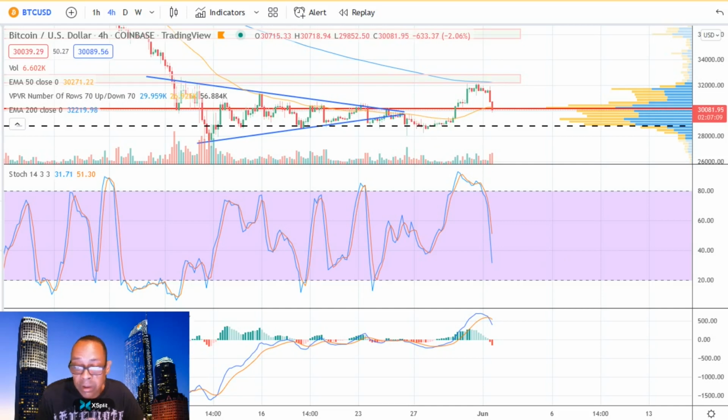I don't know what is wrong with my indicators today, but I can't get this drawing tool to work right. You get a little bowl right there, and now we've made kind of a cup and handle pattern, but not really, because usually a handle is very small like that. Like here's your handle on your little teacup if you make a cup out of that. So we're not matching anything here. We don't have a huge break up. We don't have a huge breakdown. We don't have a cup and